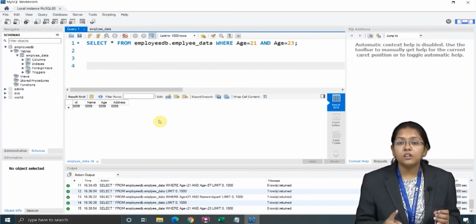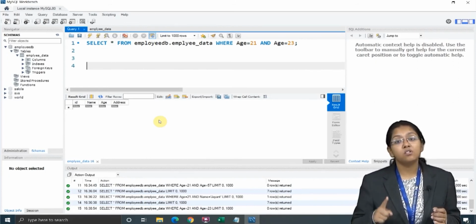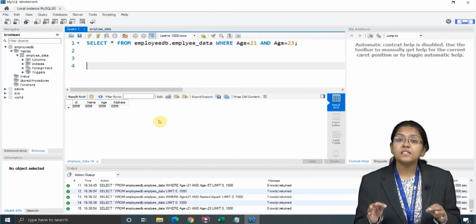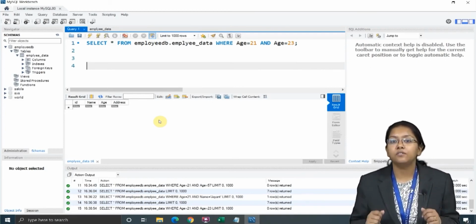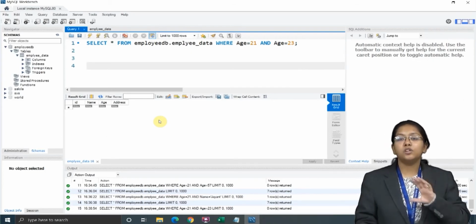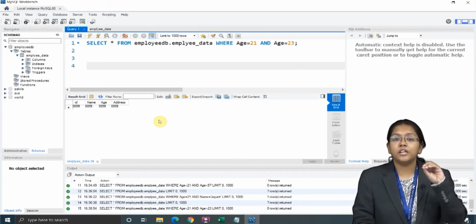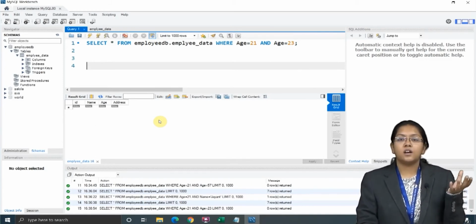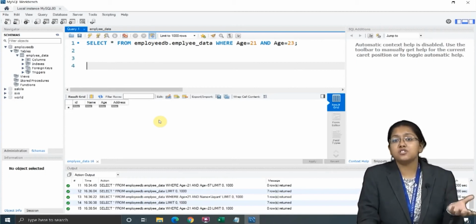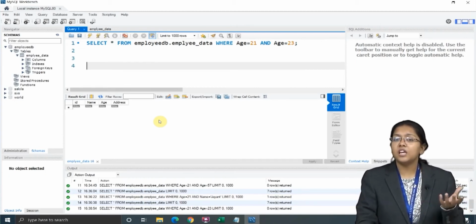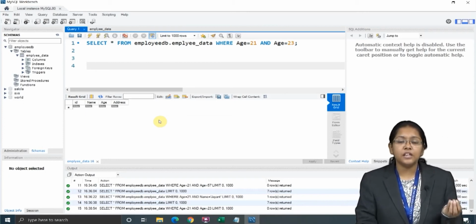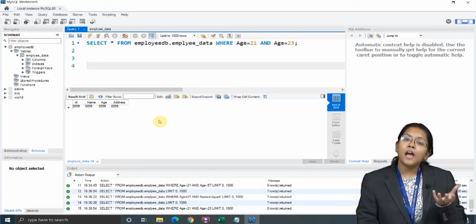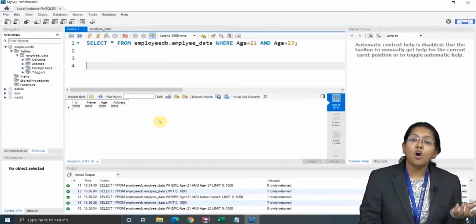Your AND operator is being used for different column names. Remember this. That's the reason both of the uses are different. If you know the data of the same column name, and you want to fetch the data, say I only know the ages of the person, and I want to fetch the names of the persons where the age is 23 and where the age is 21, then in such cases you require your OR operator.